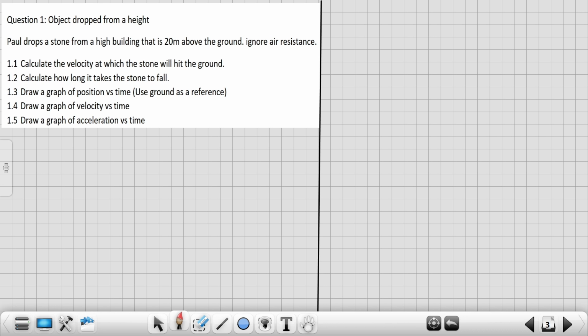So question one, it is a type 1 problem. So what do I mean when I say it is a type 1 problem? We have an object dropped from a certain height. So under the hints, we are told that